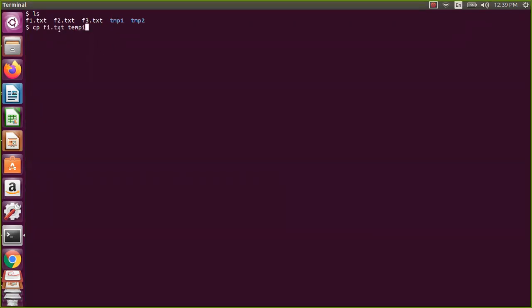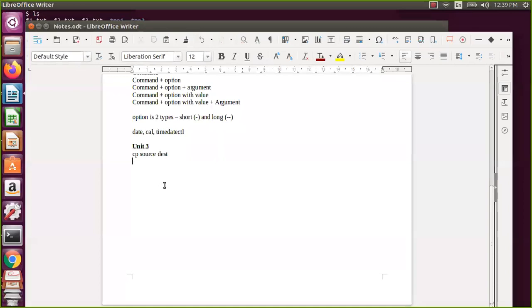Whenever the destination is given as a plain name that does not exist, it is treated as a file, and it will copy that particular file into it. It is duplicating this file with that name, if the file is not there. So what is the learning here? If the destination is not available, it is treated as a file and duplicates the file.